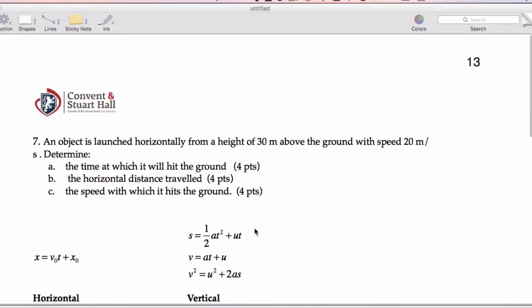All right, for number 7, we have an object launched horizontally from a height of 30 meters above the ground with a speed of 20 meters per second, and we want to determine when it's going to hit the ground, the horizontal distance it travels, and the speed with which it hits the ground. And just to be clear,